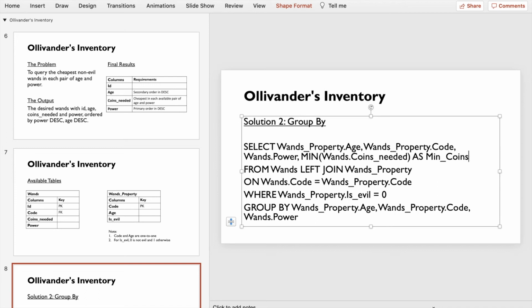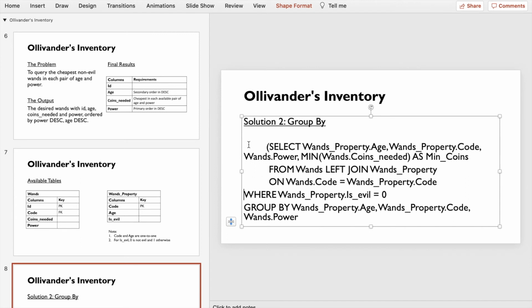And since at this time we don't need to use the minimum coins as the filter, we don't need to include the actual coins_needed column here. So this will be the table that we want for the next step, and the results will give us